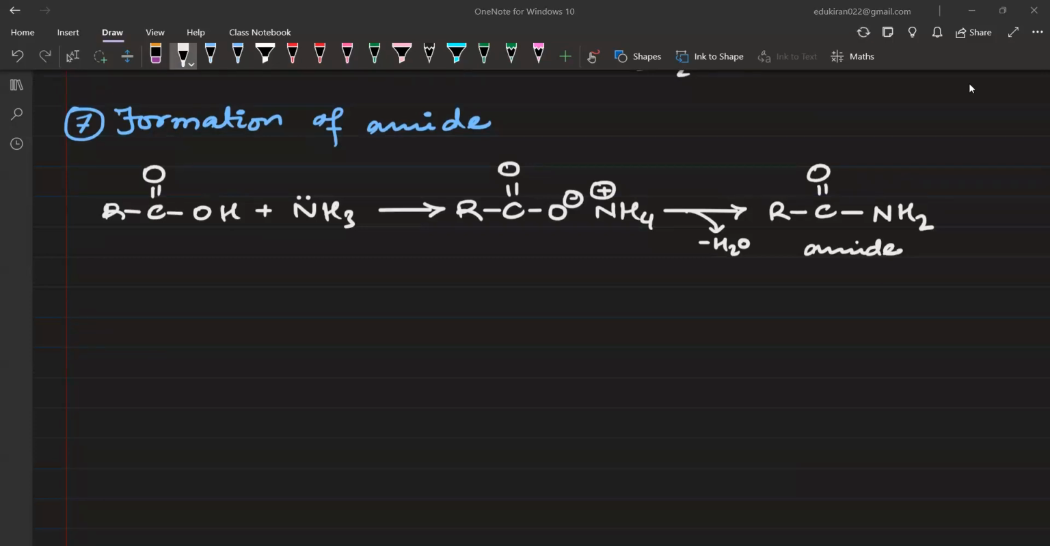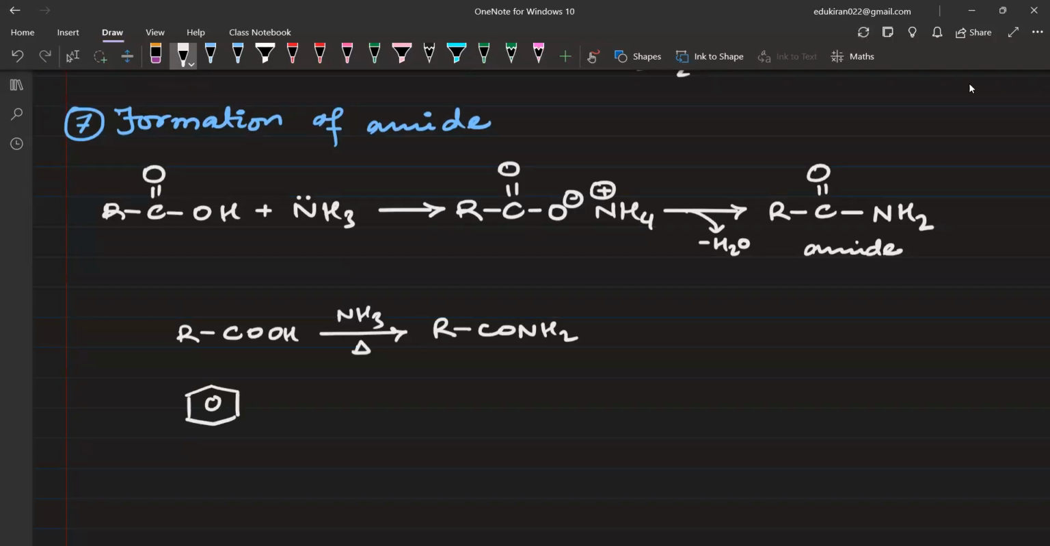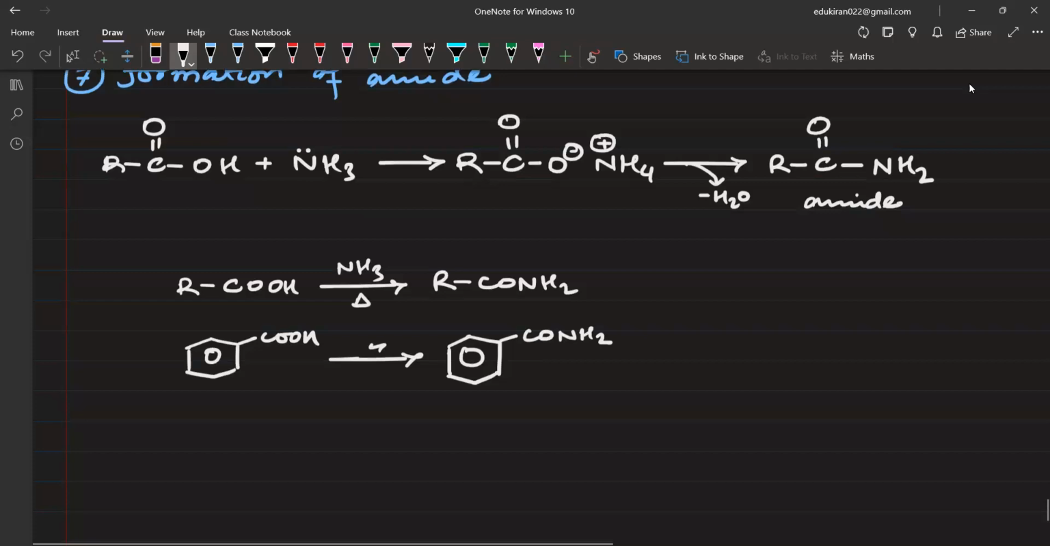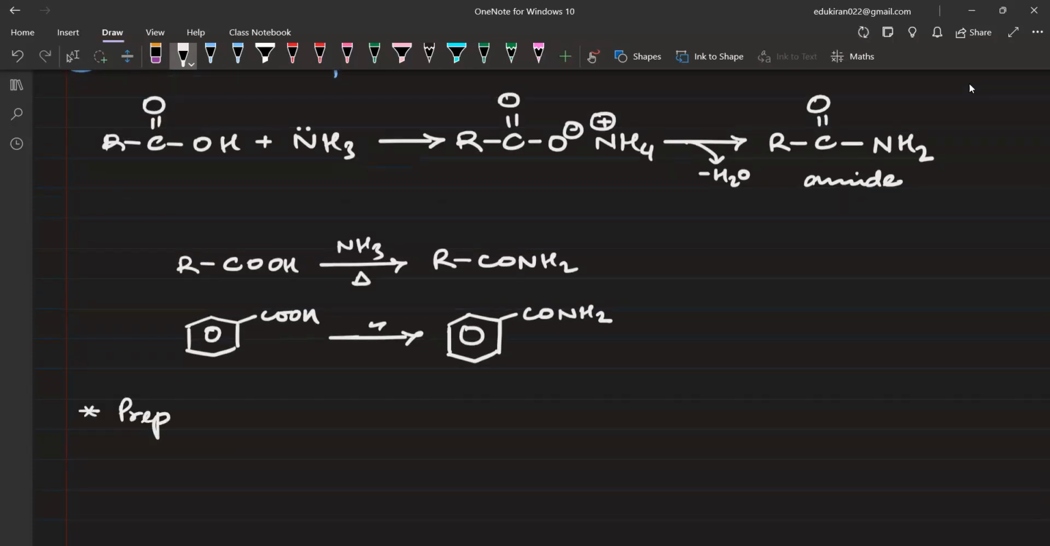ठीक है, so for example, if you have something like this, RCOOH in the presence of ammonia, and then heat, you will get RCONH2. This reaction is also possible if you have any that contains benzene ring. So you have COOH, same reagent, you will get CONH2. ठीक है, अब यह reaction, that is preparation of halimide. Now halimide is used as a synthesis material, synthetic material for